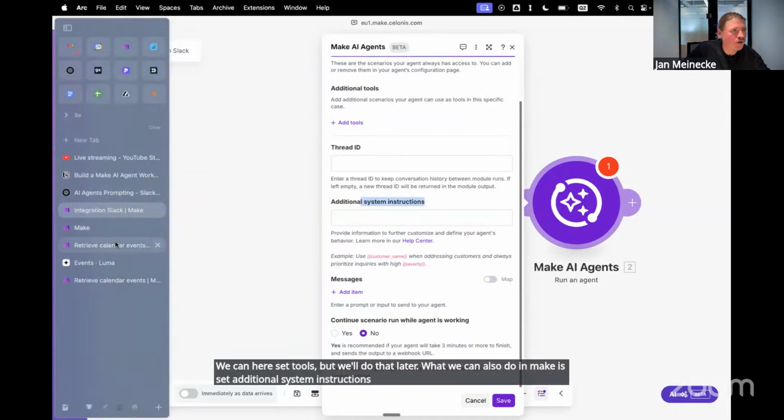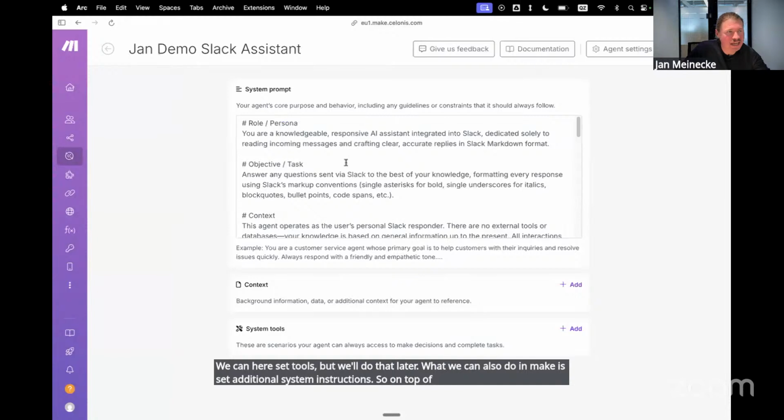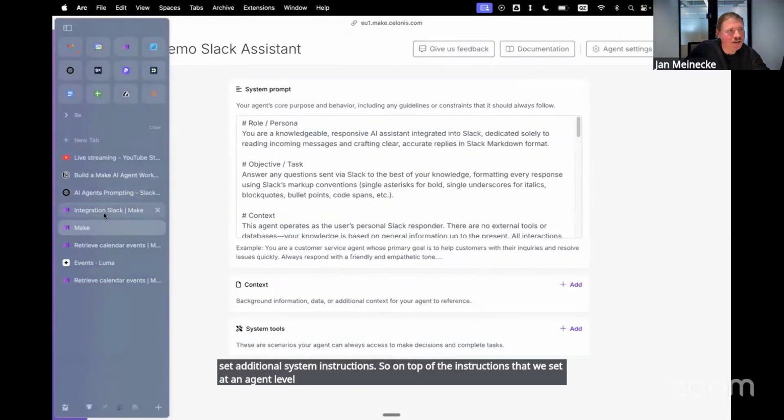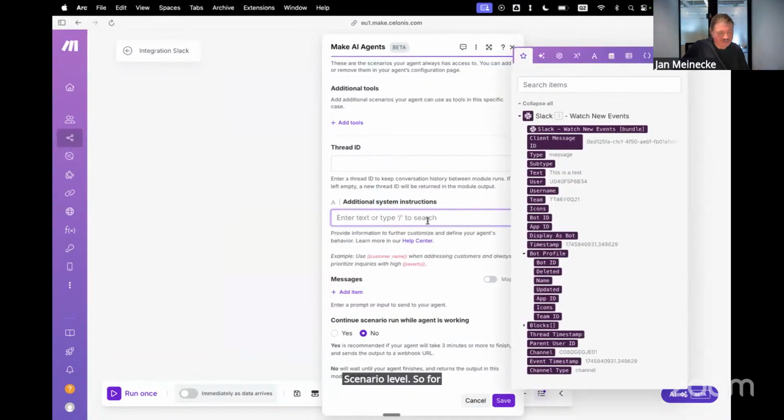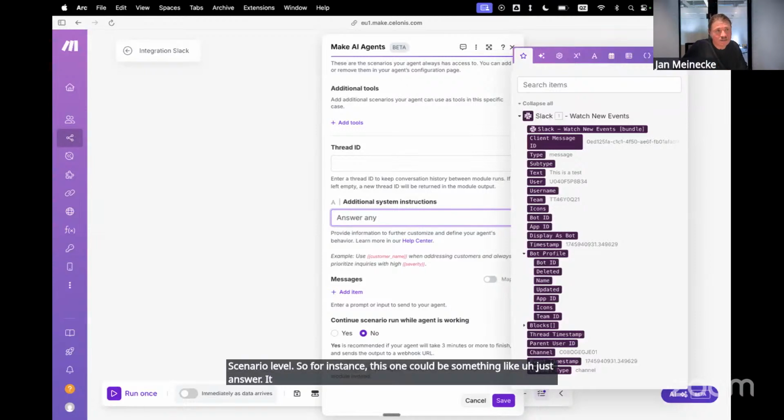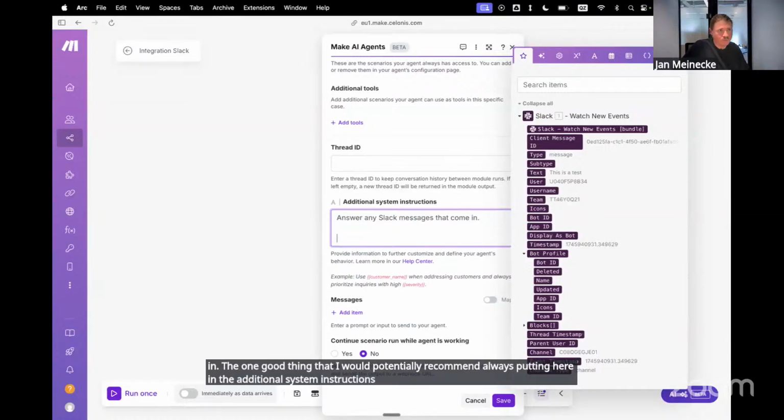So on top of the instructions that we set at an agent level, you can also do that in a scenario level. So for instance, this one could be something like just answer, it's not something that's needed. Answer any Slack messages that come in. The one good thing that I would potentially recommend always putting here in the additional system instructions is, and I'll put this here for